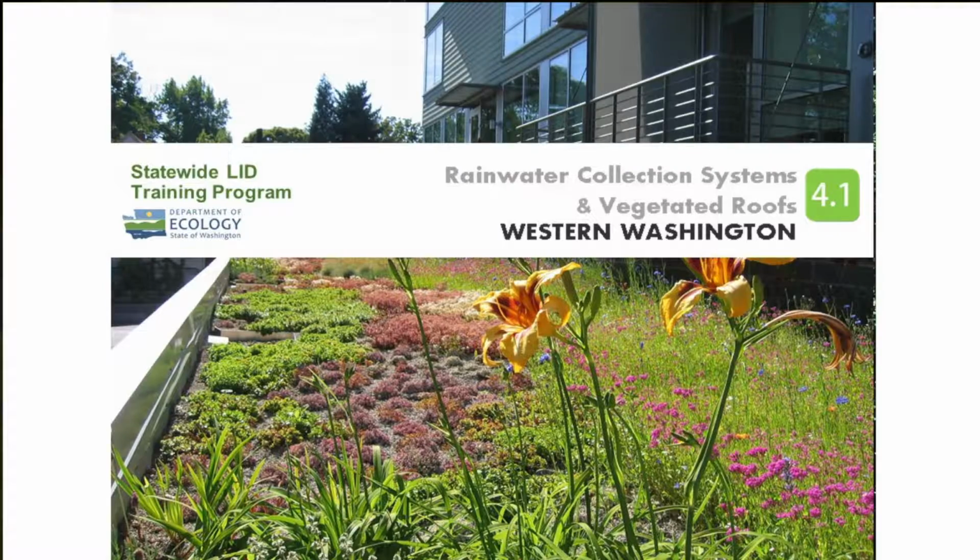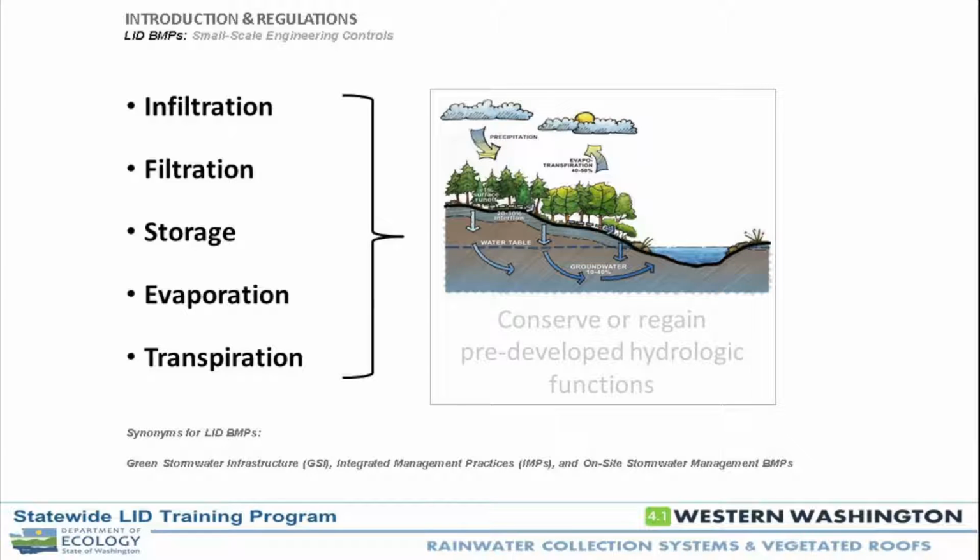Another key strategy, which is often overlooked and also runs against traditional engineering stormwater practices, is to disconnect our impervious surfaces. You know, traditional engineering practices are all about stringing all of our site together in a tight line system, and LID tells us that really we ought to be breaking that up, using more sheet flow, more surface conveyance, disconnecting those pipes wherever we can, and allowing us to use small scale engineering controls here. So we're showing the kind of hydraulic processes that are inherent in a forest